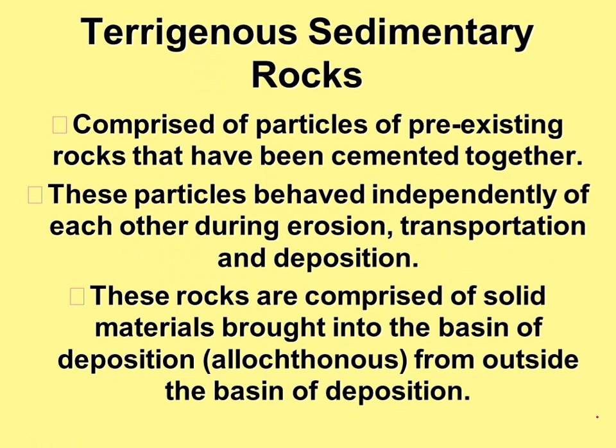Now again, the kind of clear-cut picture that you can put in your head about that is the Mississippi River and the Gulf of Mexico again. All of the stuff that's been generated by weathering and erosion on continental North America, all of that stuff that ends up in the Mississippi and is brought down the river and dumped at the mouth is being brought from continental North America and dumped into the Gulf of Mexico. So in that sense, they are considered to be allochthonous materials. They're brought from outside and put into the basin.